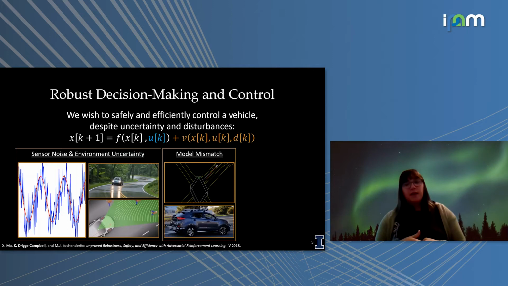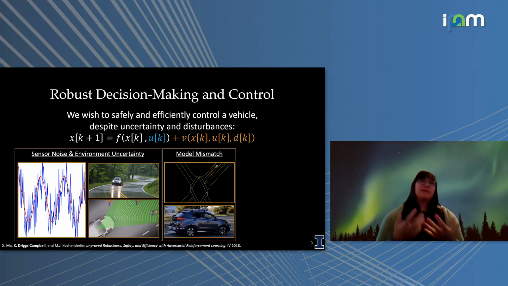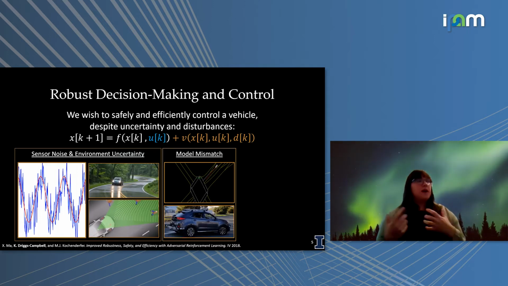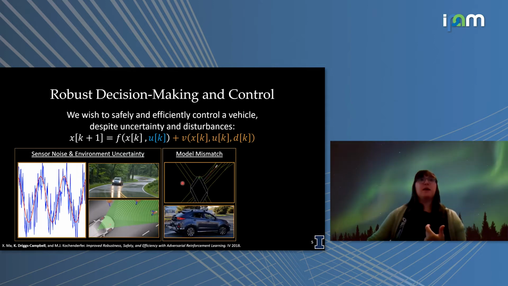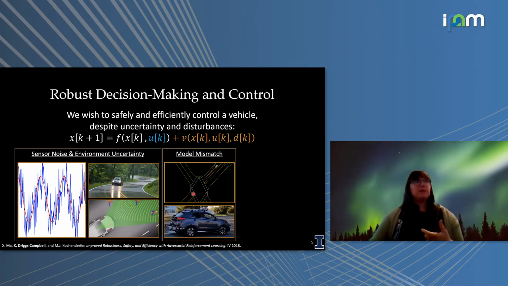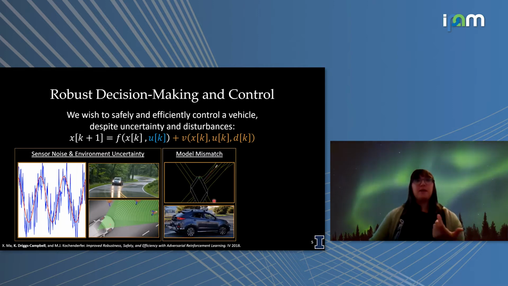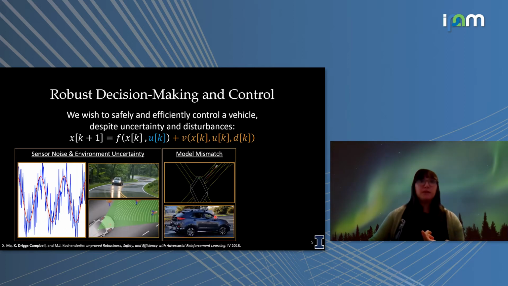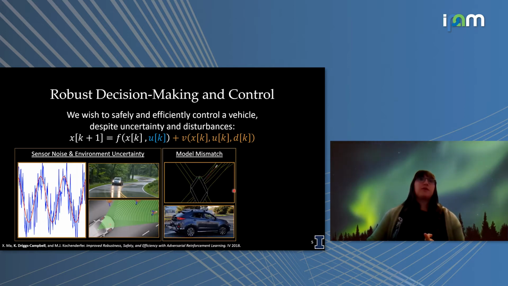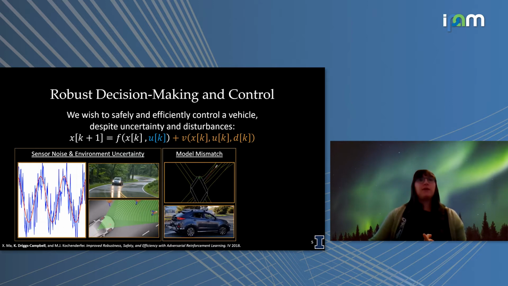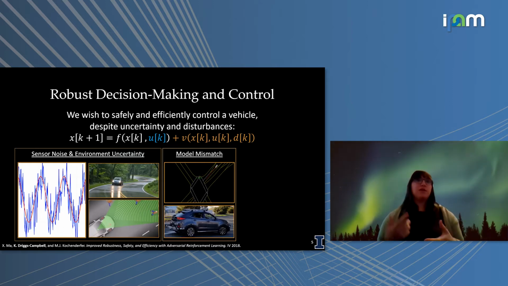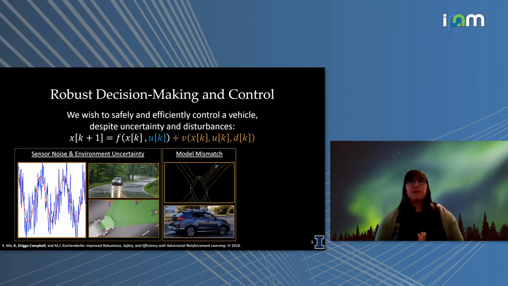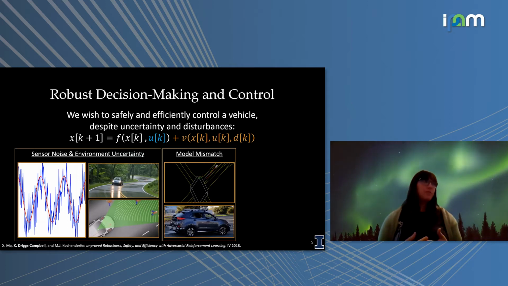As the learning community is also trying to look at decision-making and control, some other sides of the coin, like model mismatch, where we have either some unmodeled phenomenon, or perhaps a system that is optimized in simulation or on data, but has to be executed on a real vehicle. This sort of model mismatch is also getting a lot of traction. So often we're thinking about how we can develop robust policies or robust controllers that can take into account this mismatch in the real world.